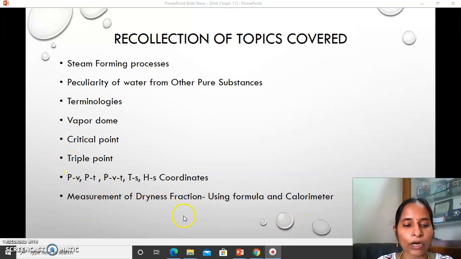By using the calorimeter, we are able to measure the dryness fraction of the steam, in which we are using the throttling process as a fundamental for measuring the dryness fraction, since this particular process is used not only to measure the same outcoming steam, but it also improves the quality of the steam by increasing its dryness fraction towards either dry saturated or superheated steam, right?